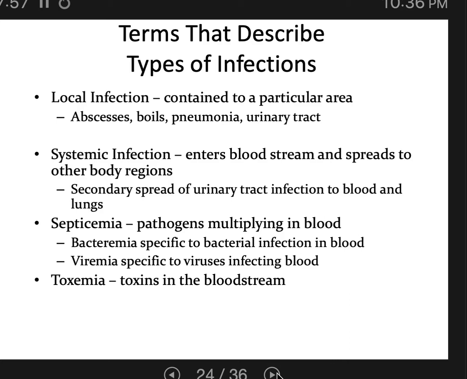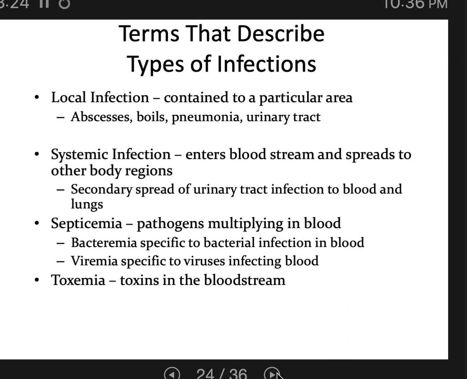Even pneumonia, that's a local infection because it's just your respiratory tract. It's not your whole body, right? Or a UTI, localized. It's just in your urinary tract. And probably just in the urethra, right? Probably not even in the whole urinary tract. Probably not in the kidneys. But even if you have a really advanced UTI and it's in the kidneys, if it's just in the urinary tract, it's still considered a local infection.